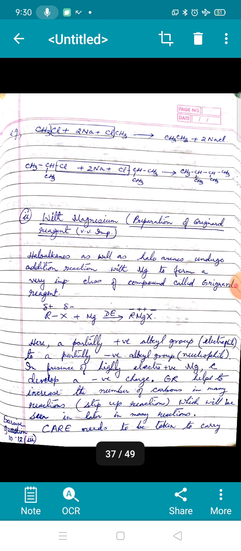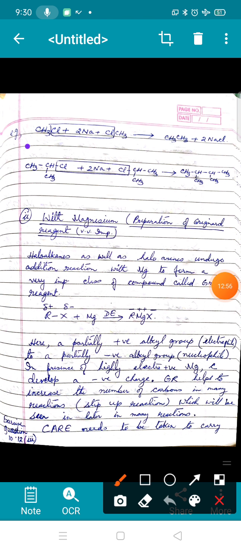The next reaction is, okay, we have taken an example. You can check here, I have taken chloromethane. Methane has 1 carbon, chloromethane has 1 carbon, but the product which we get is ethane, which has 2 carbons when we treat it with sodium. I have not written dry ether here. Over the arrow you may write DE. DE, of course, during the exam you are not supposed to write. During the exam please write dry ether.